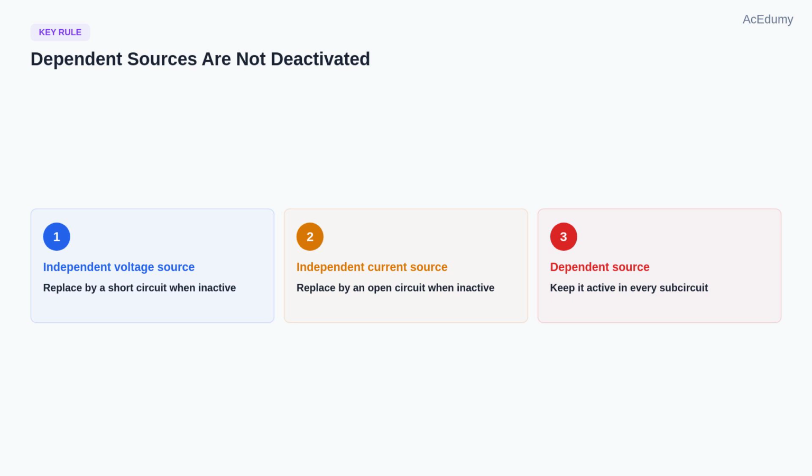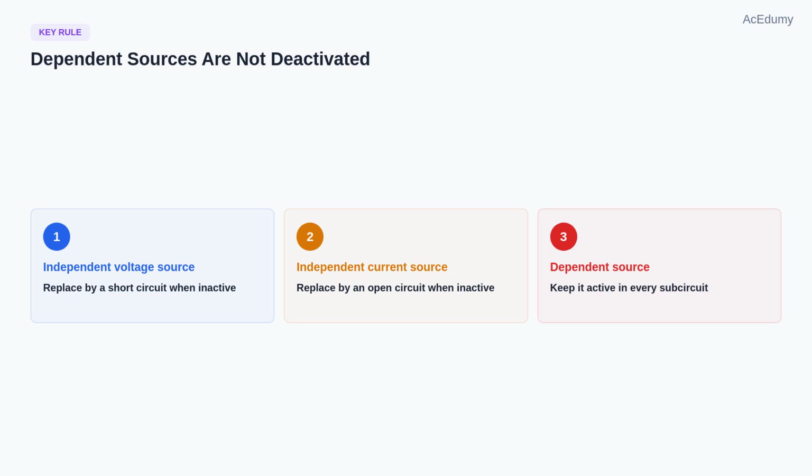In this example, superposition still works, but there is one rule that cannot be skipped. We turn off only independent sources. A dependent source stays active in every subcircuit because its value is controlled by the circuit variable we are solving for. Here the target is Vx, the voltage across the 15-ohm resistor, and the dependent voltage source is equal to